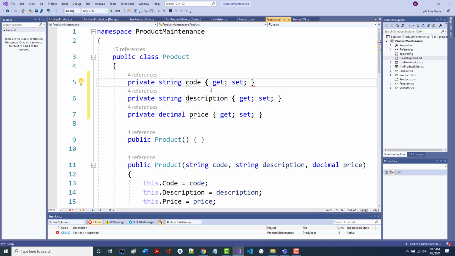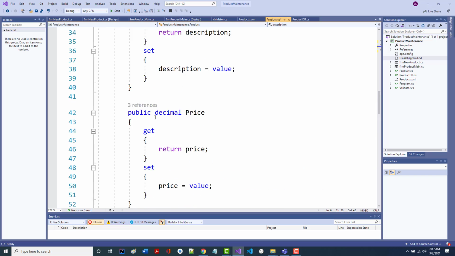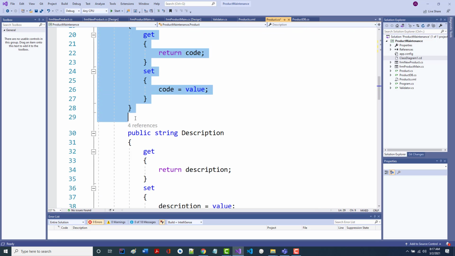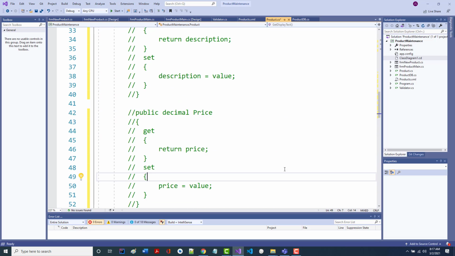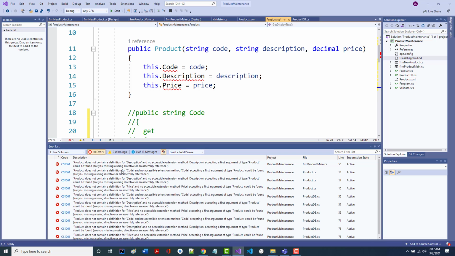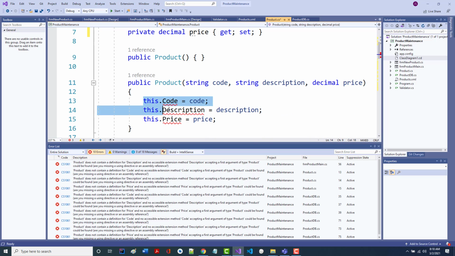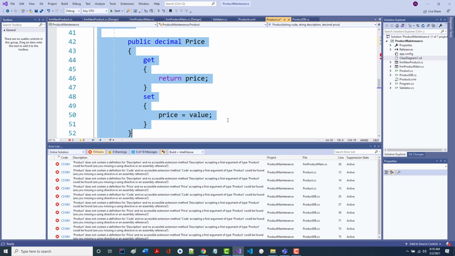So I think by doing this and putting it in like this, what we'll be able to do then is literally remove all of this. Now I could be wrong, but I'm going to grab all this here for all 3 of these. All right, and I'm going to comment it out. Okay. Now I'm going to save. First of all, did I get errors? If I got errors, then I shouldn't go on. Well, I get tons of errors. It says does not contain a definition for description. Okay. Well, I do need it because I'm using it inside of here. All right. So let's forget I just said that.